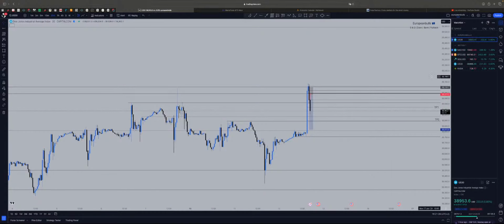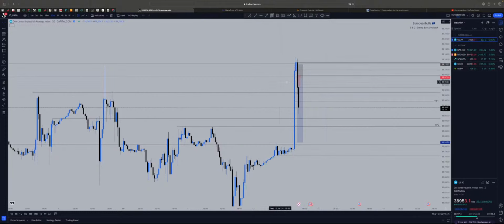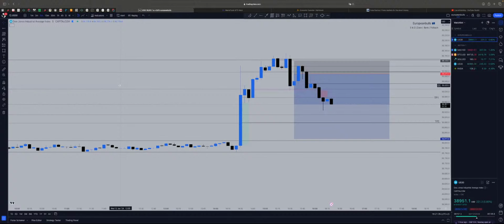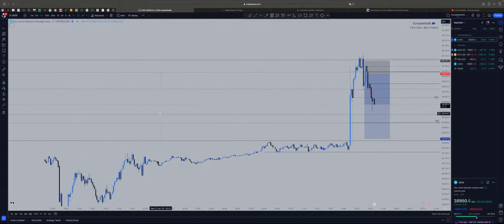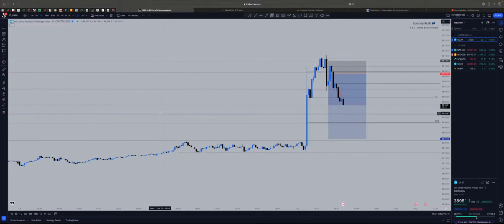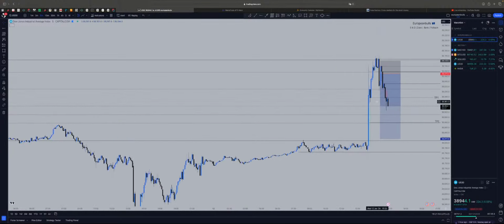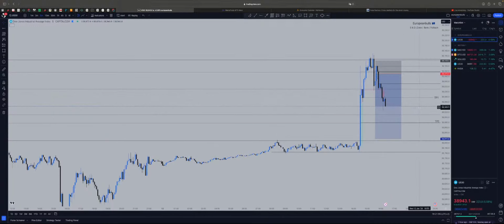All right, so we wanted to see a structure break on a low time frame, which is the case almost every time. Look, now this thing is going down and it's pissing me off, but never mind. For those who have been holding until TP2, you guys are lucky. But I would have held it too, but having so many accounts and you just see all this price moving, it just makes you anxious.